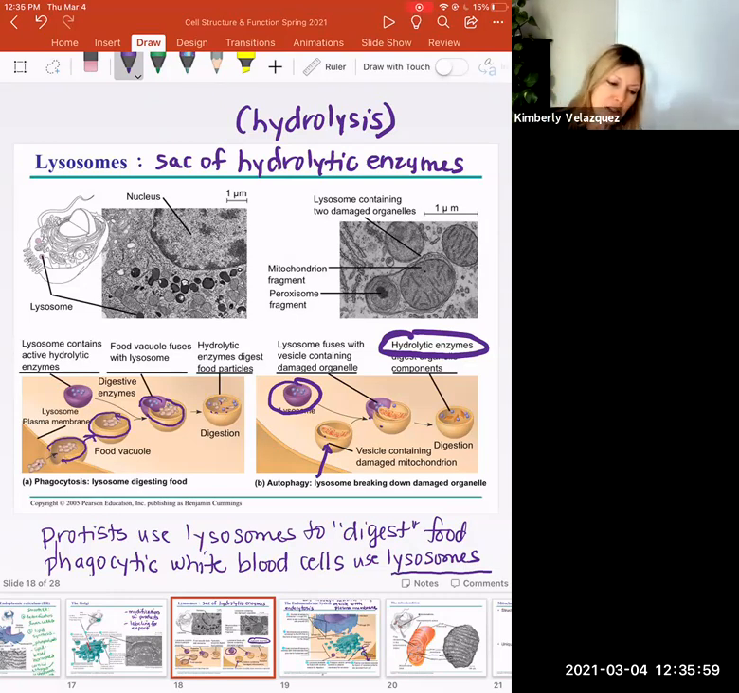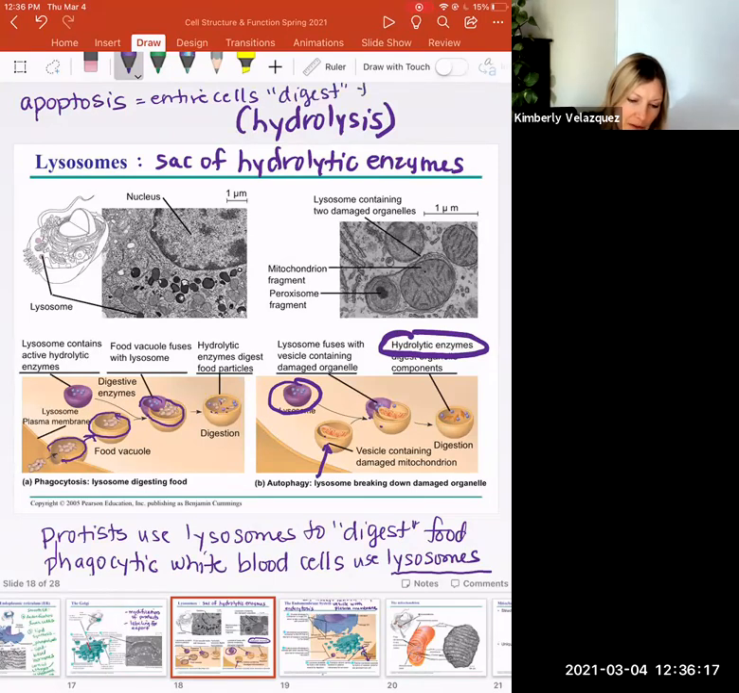We also use lysosomes to do something that's called apoptosis. It's spelled apoptosis. And this is when entire cells digest themselves. So there are certain times when an entire cell would need to digest itself. If there's a DNA mutation, if that cell has been invaded by a virus, we're going to learn about different ways that that happens later in the semester, but that is one of the roles of the lysosomes, is to digest